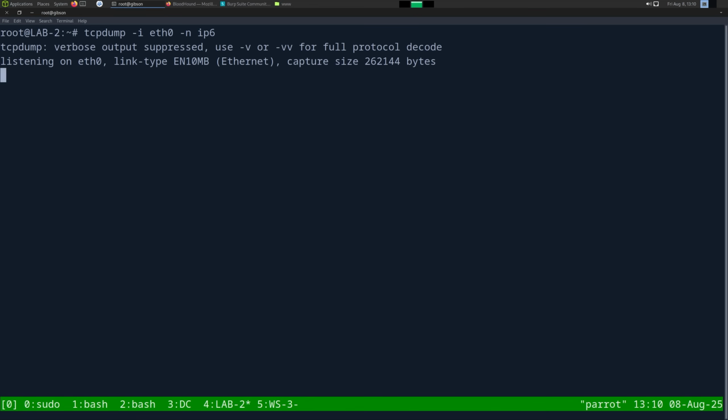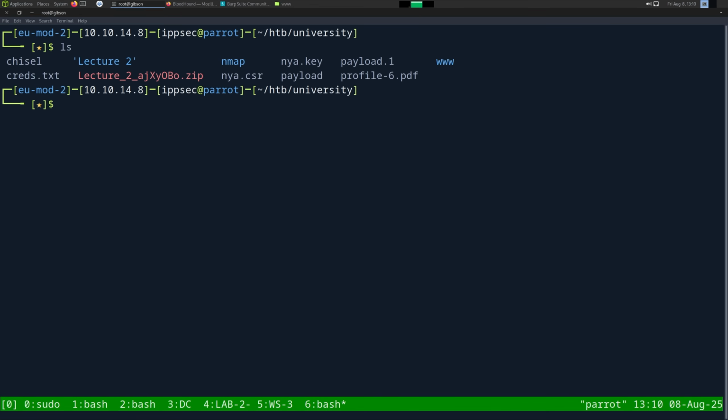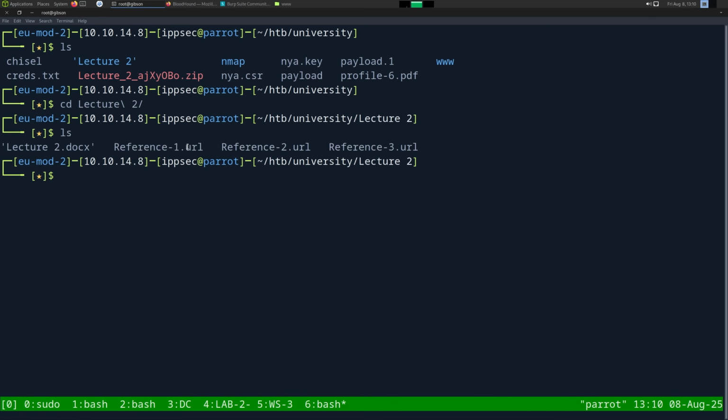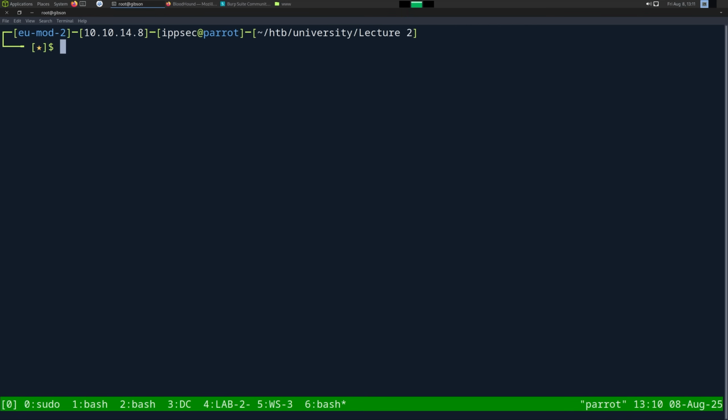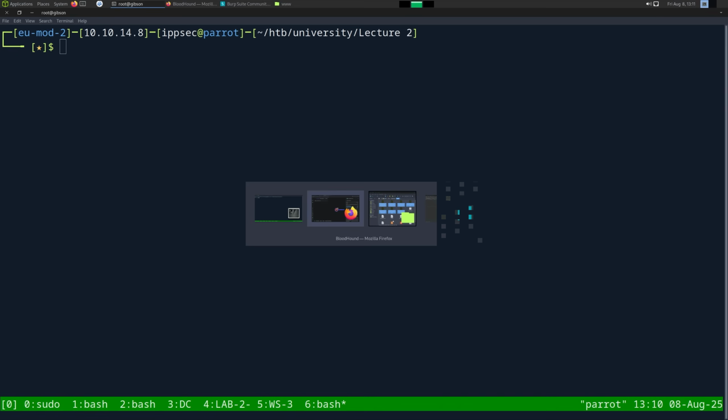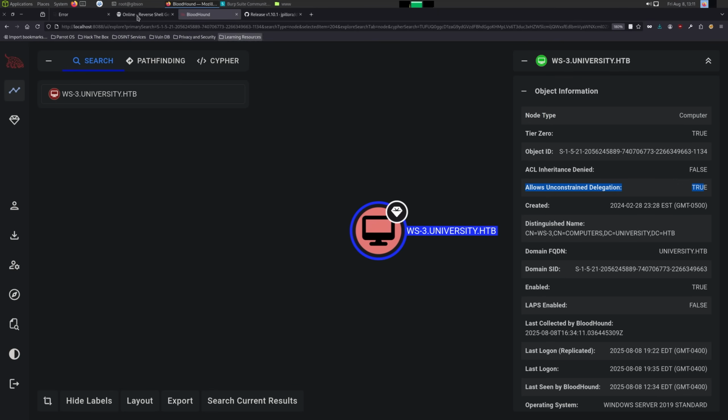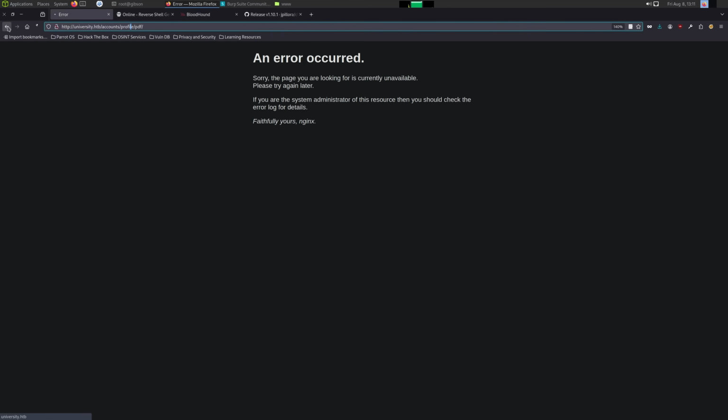And if we looked at the lectures, right, one of these lectures had URLs that people clicked, right? So if we become the professor and make a new lecture, we can potentially put something malicious here that they click on, and then we get a shell, right? So let's go ahead and revisit that. And if we go all the way back,